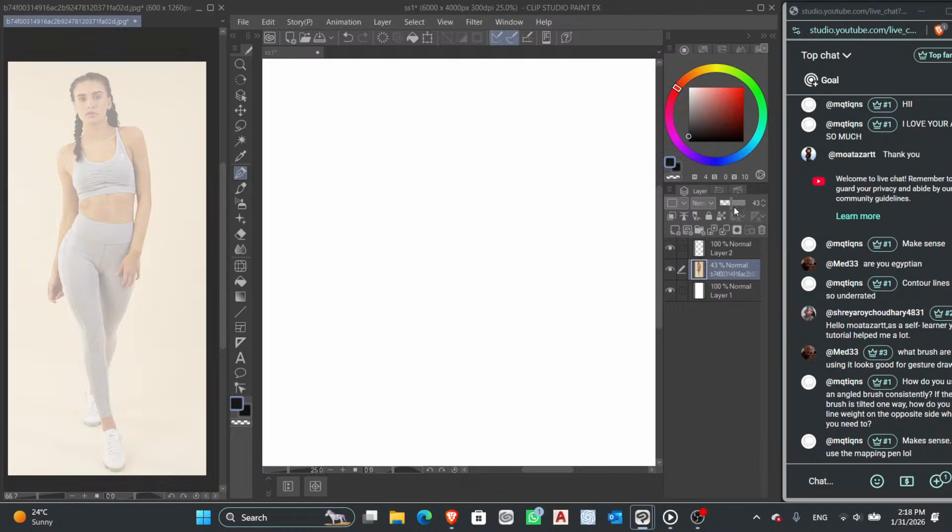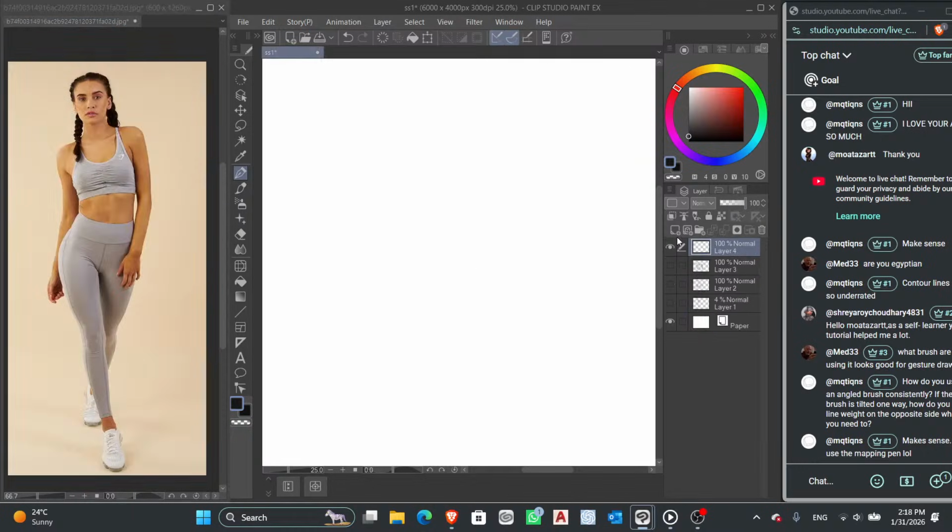So if you want to draw a gesture, or if you want to draw a human figure, as I said, I always start having in mind observing and analyzing everything. I have the perspective on my mind. I have also the wrapping lines. I have the overlaps. I'm gonna talk about the overlaps right now. Everything is just in my mind, and I'm trying to combine